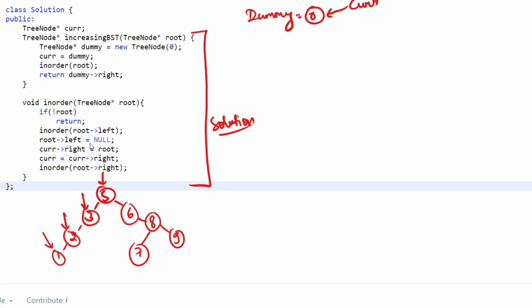Okay. Now root left will be null, so its left will be null. Now this will be null, and current right will be root. So this is current and its right will be root, and current equals current right. So now it moves to our